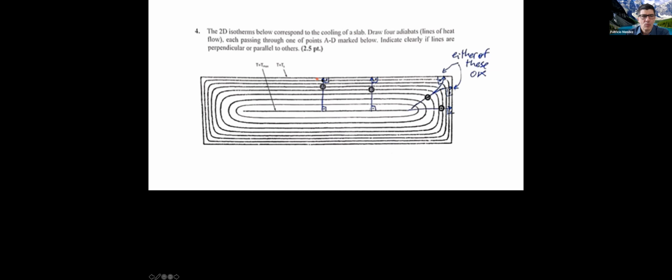And the surface temperature, this is the temperature of the mold, is uniform. So the adiabats are perpendicular. And here the line of flow of heat would be perpendicular to these curved lines, and eventually would end up being perpendicular to this side or this other side, right? If we do the